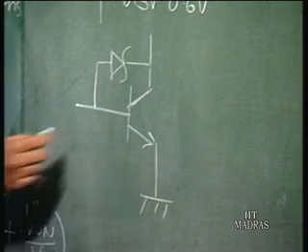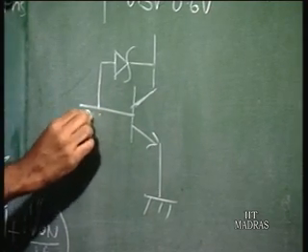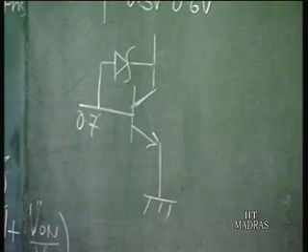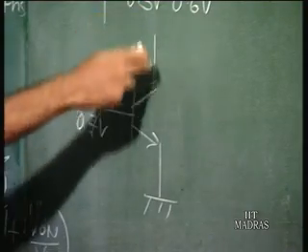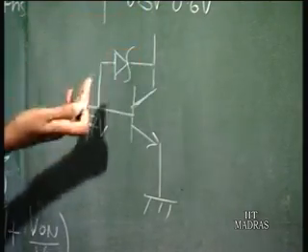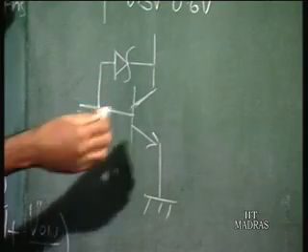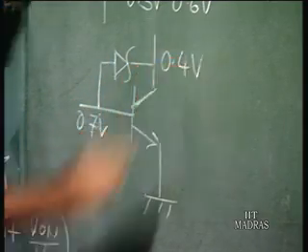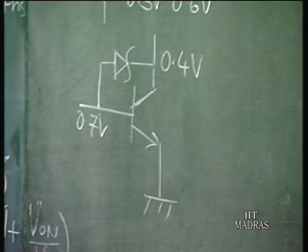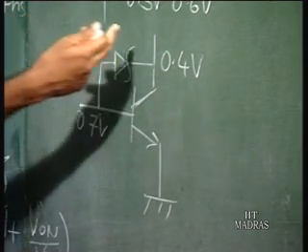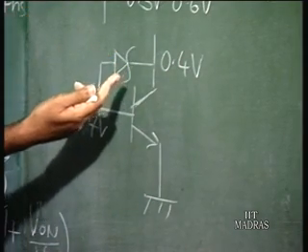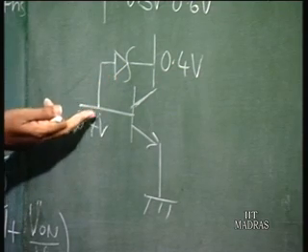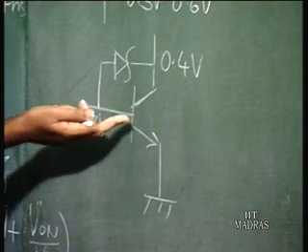For example, let us say this base voltage is 0.7 volts, and this collector voltage is falling because you are increasing the base current, and when it reaches say 0.4 volts,